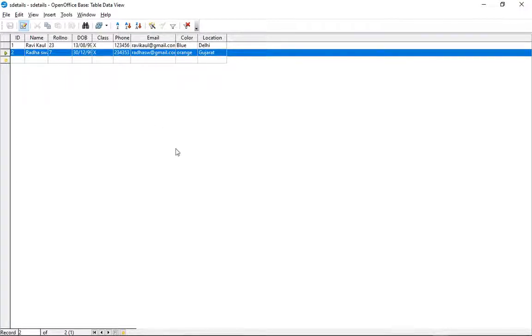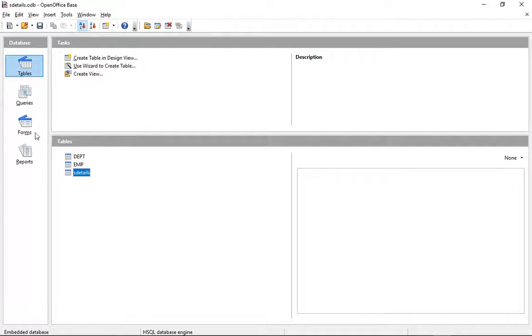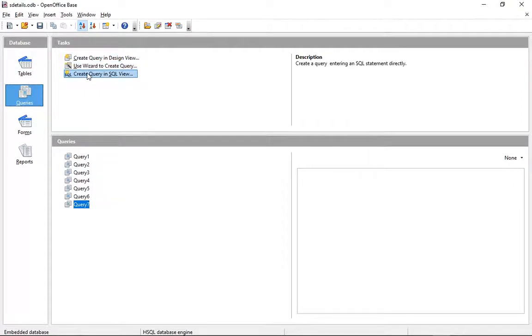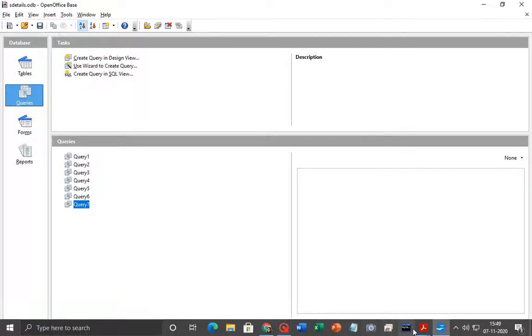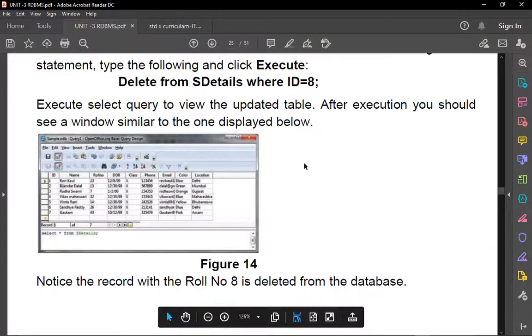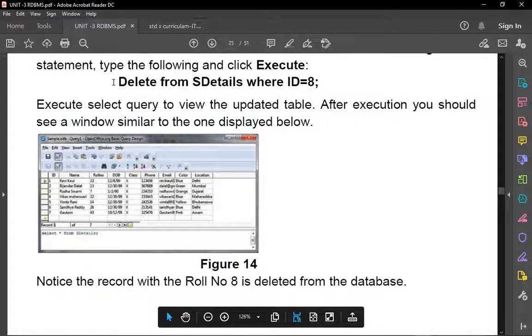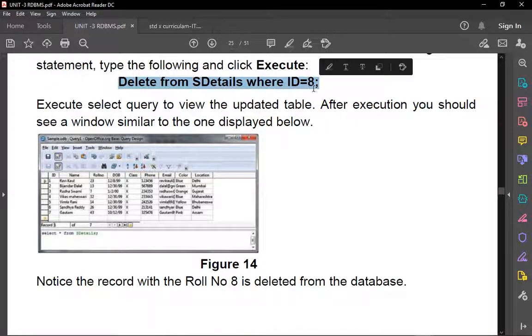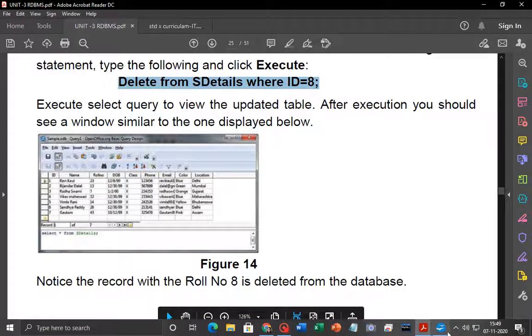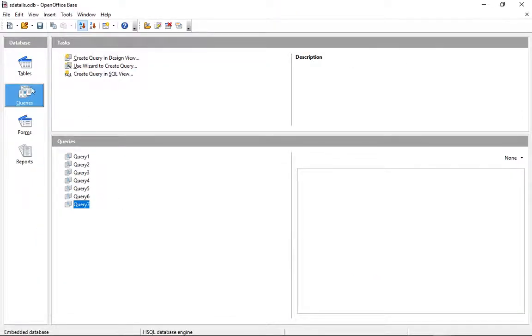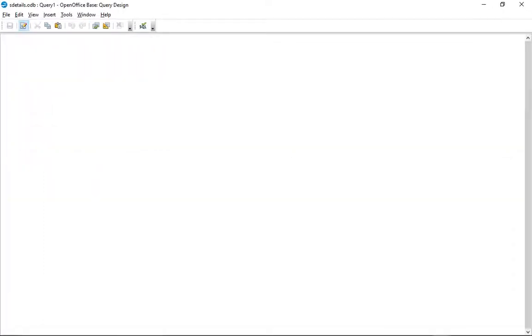Otherwise, we have to go for the same command, like create a query in the SQL query view, and give the query which is given here. Actually we don't have an id 8, we have 1 and 2. So you can just copy and paste this command over here. Let us see how it works. Control C. I will show you. Queries, query in the SQL view, Control V, id is equal to 8. There is no id 8, so I'm going to give 1 or 2.